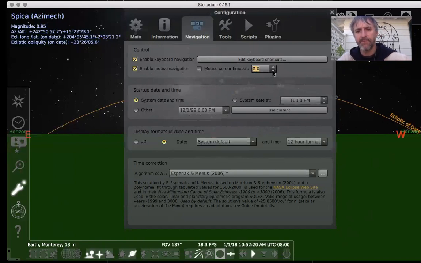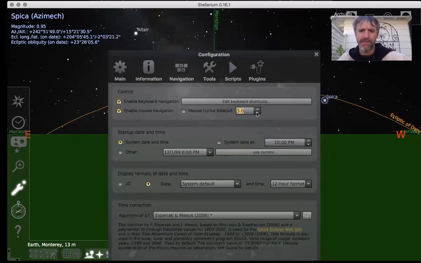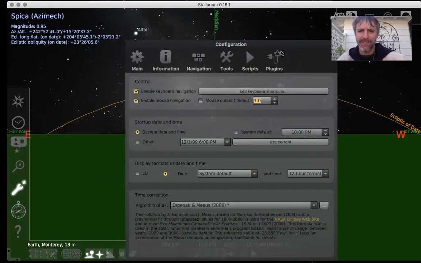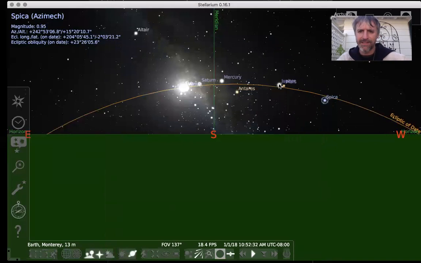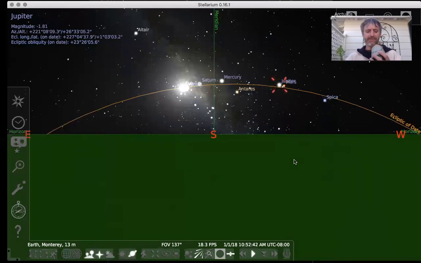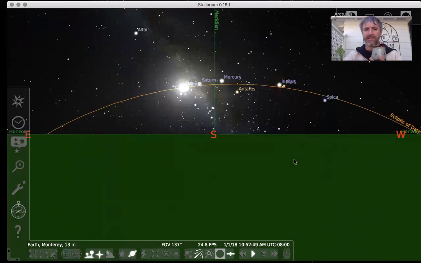So I'm guessing what that means is like if I don't want to see my mouse on the screen, and this might be really convenient for teaching this course. I'm going to set that down to 1. I'm going to assume that's 1 second. And I'm going to see that if I just let my mouse mellow for a second, does it go away? So I will learn this computer as you do. Now that might be 1 minute. It's certainly not 1 second, or I'm just totally wrong about what I think it is. Or maybe because Jupiter's selected, it can't go away. So I right-clicked and unselected Jupiter,